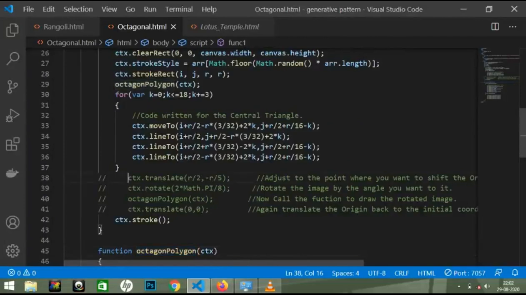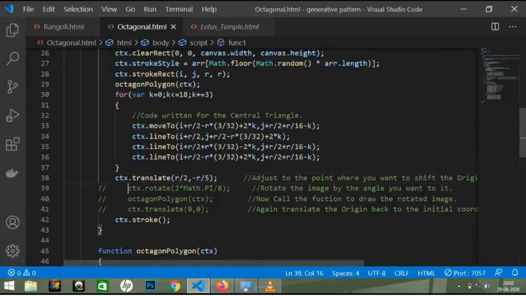In this 20%, I have used the translate and rotate methods. Here I have used the translate method to adjust the origin to some other point so that the rest of the pattern will begin from some other point.